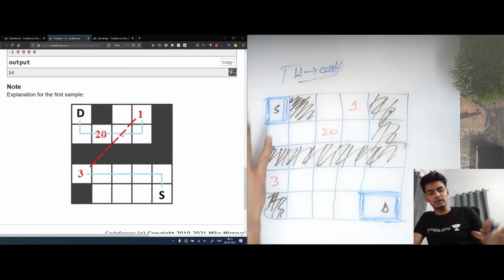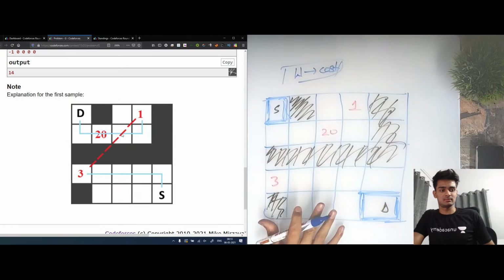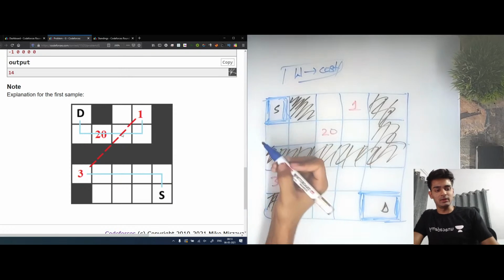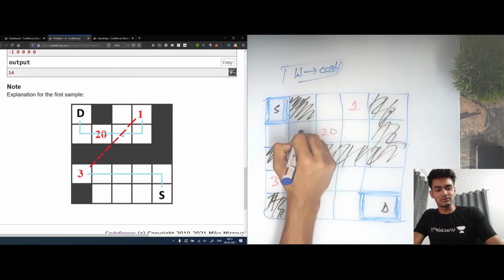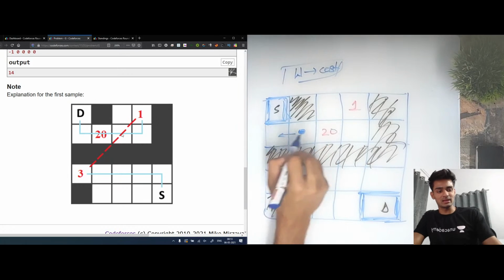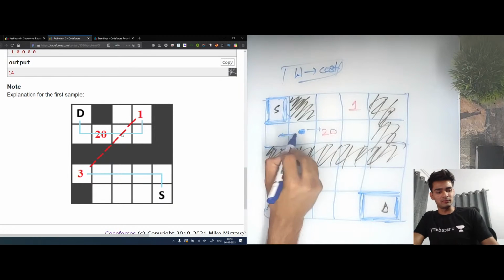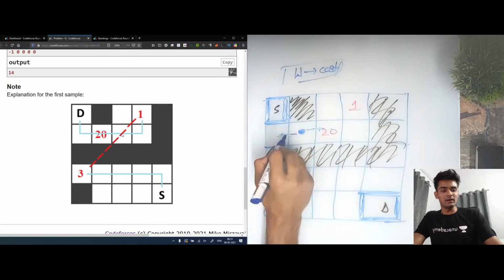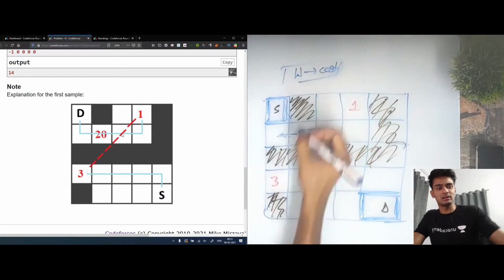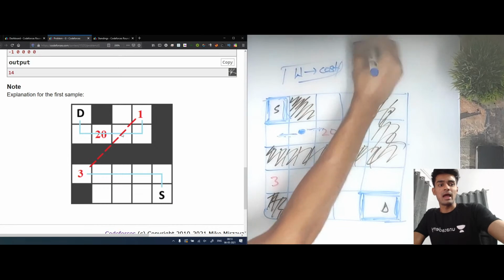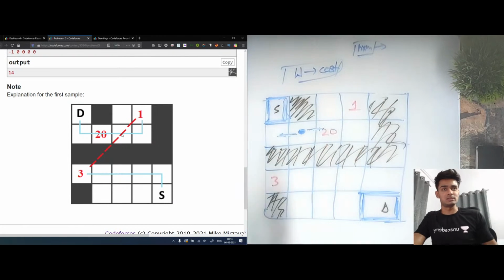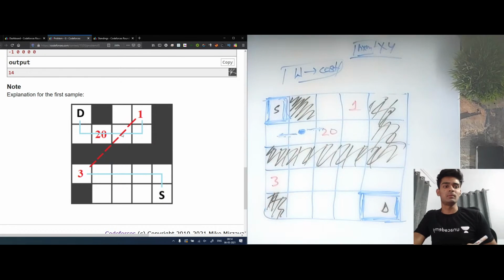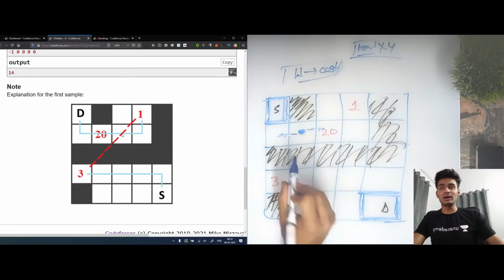A very basic approach would be to make all the edges in this. By all the edges, what I mean is, we know that we can move in the adjacent directions. So let's say we are at this particular node, we can move in this direction and in this direction, so we'll have an edge for this one and for this one. Let's see the total edges that we'll get. We know that there are n into m nodes, and every node will have at most 4 edges. So the total edges will be n into m into 4. This is the total number of edges, considering only the adjacent nodes.